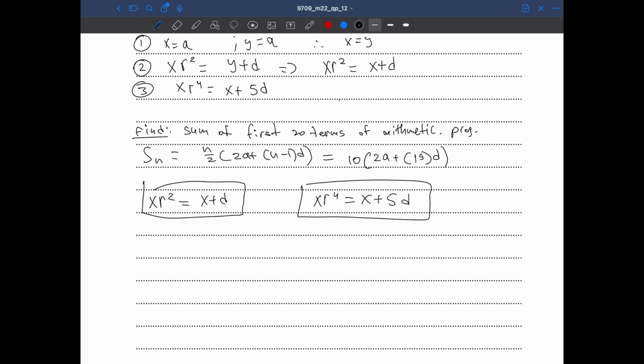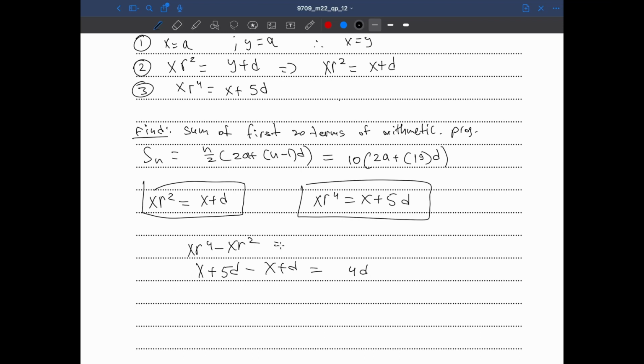Let's think. Well, what if we try subtracting? Let's say xr to the power 4 minus xr squared, that will be x plus 5d minus x plus d, which is just 4d,